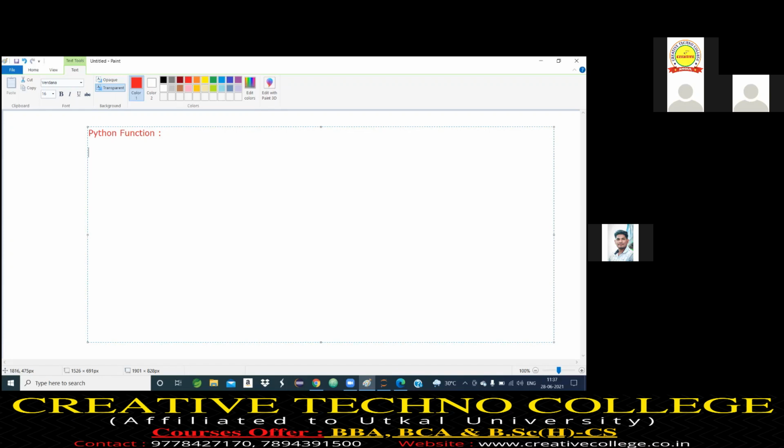Now we will see in detail what a function is and how we will develop a Python program using functions, and inside the function there are so many terminologies that we will discuss. First of all, we will know what a function is.